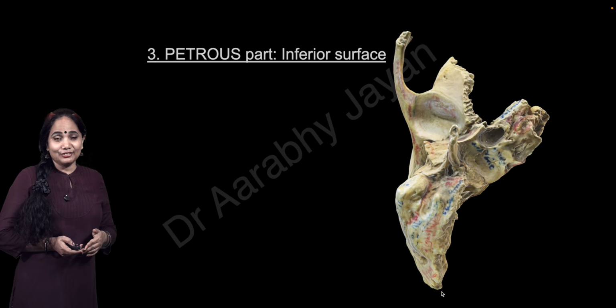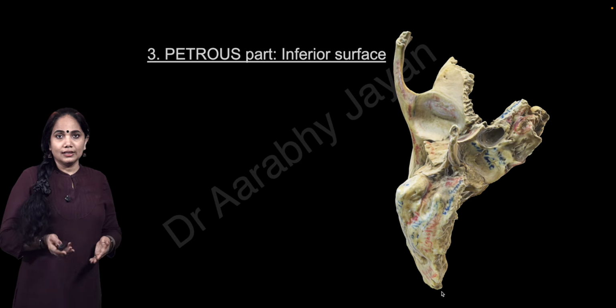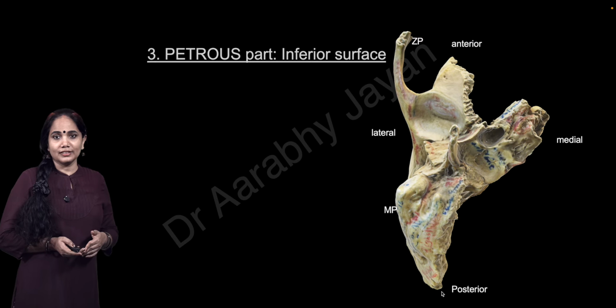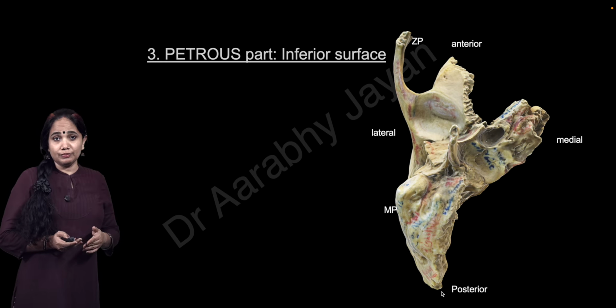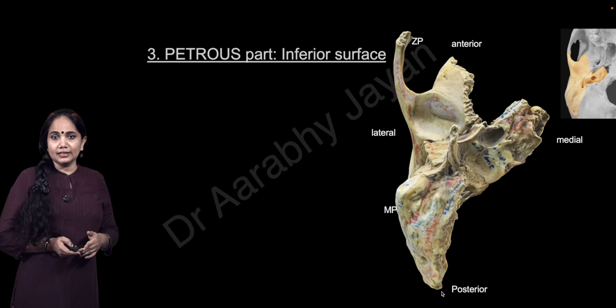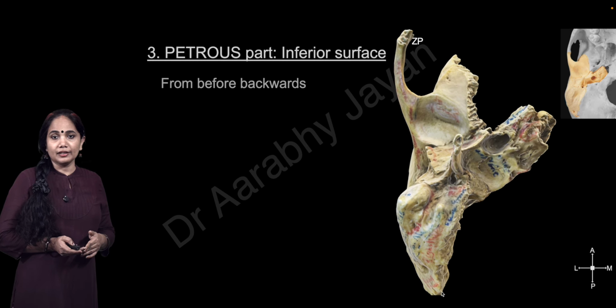Now let's look at the features of the inferior surface of the petrous bone. Let's just orient ourselves to the anterior, the posterior, the lateral and the medial poles, or the directions of the petrous part. And then let us look at other important landmarks, which are the zygomatic process, the mastoid process, and